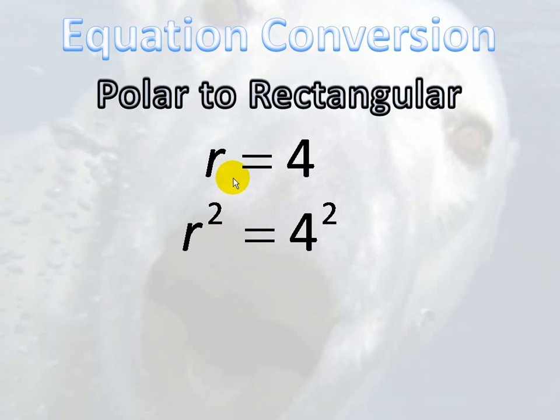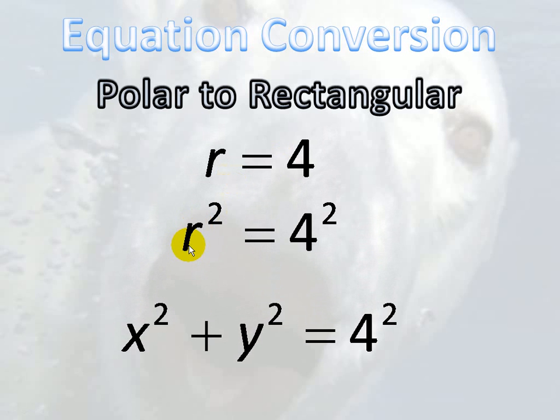And we remember this, that r squared is equal to x squared plus y squared. So I'll just square both sides, and look at this. I do get an r squared. Now whenever I have an r squared, I can replace that with x squared plus y squared. So here we have